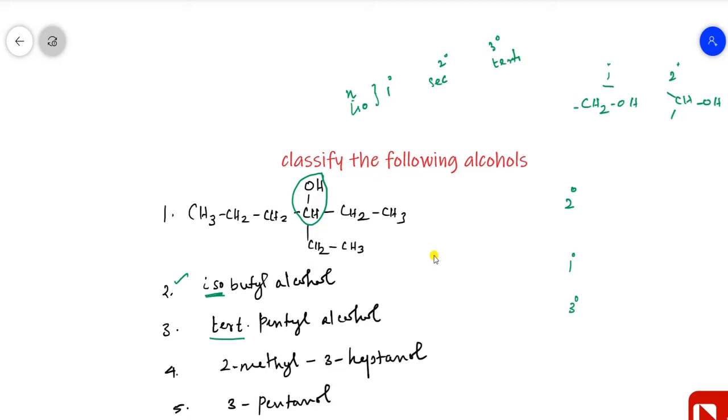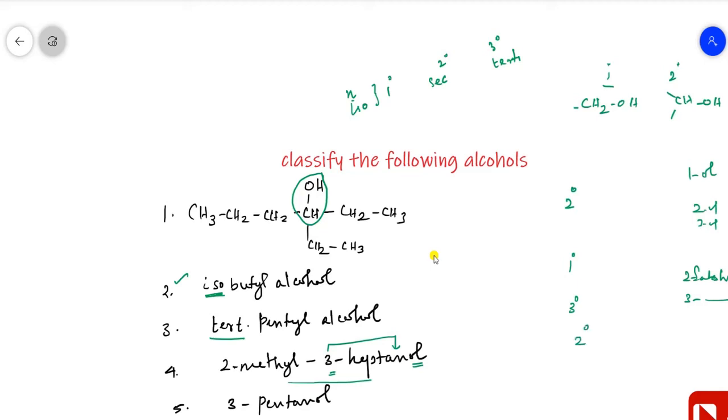Okay, and 2-methyl-3-pentanol, the fourth one, the IUPAC name is given. From the IUPAC nomenclature, all 1-ols are primary, other numbers 2-ol, 3-ol, 4-ol are secondary, and 2-substituted 2-ol or 3-substituted 3-ol are tertiary. Here the position of the ol is in the third position, so it is secondary alcohol. 2-ols and 3-ols are secondary, so the compound is secondary.